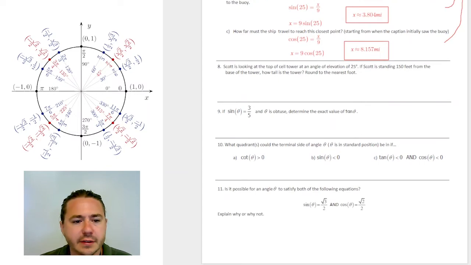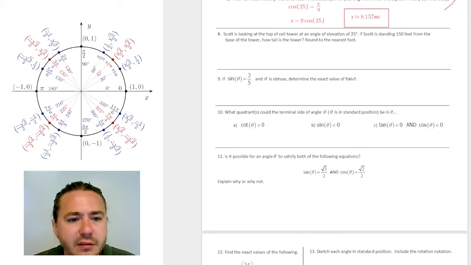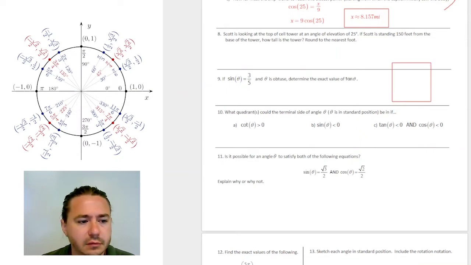Number 8 says Scott is looking at the top of a cell tower. Okay, I think there's a word missing in there. Top of a cell tower at an angle of elevation of 25 feet. All right, so what we've got here is our good friend Scott